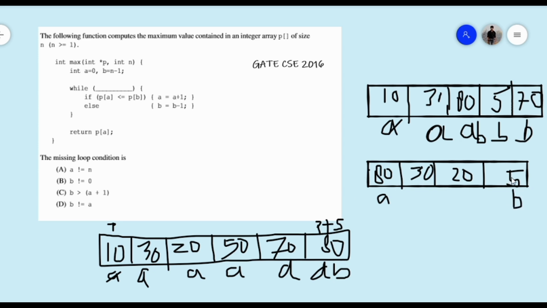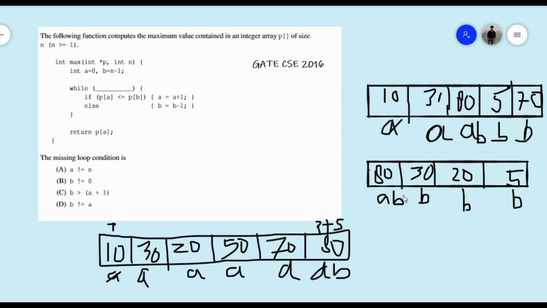If A is less than B, no, the condition is false, so B will be decreased. Again, A is less than B, no, so again B will be decremented. Again no, so B will be decremented. And when A and B point to the same index, then also we get the maximum element.